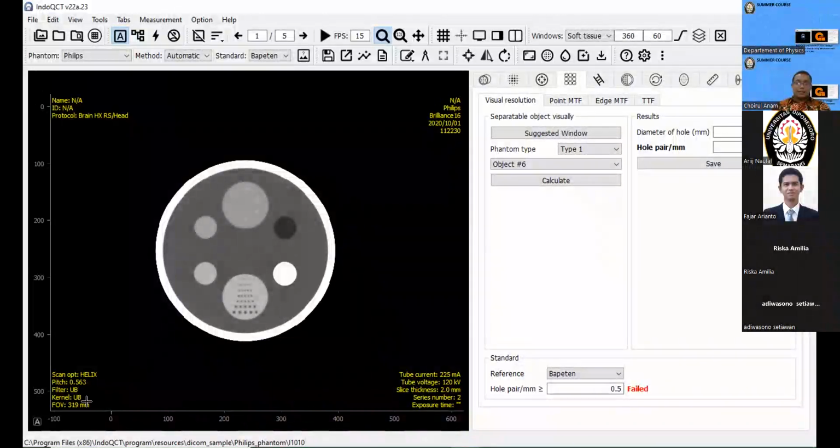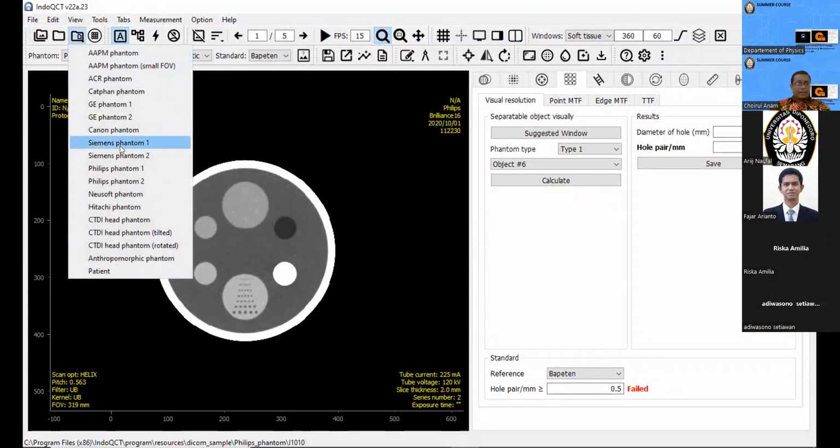This is the manual observation using the Philips phantom, like this. And maybe Hitachi. No. Yeah.